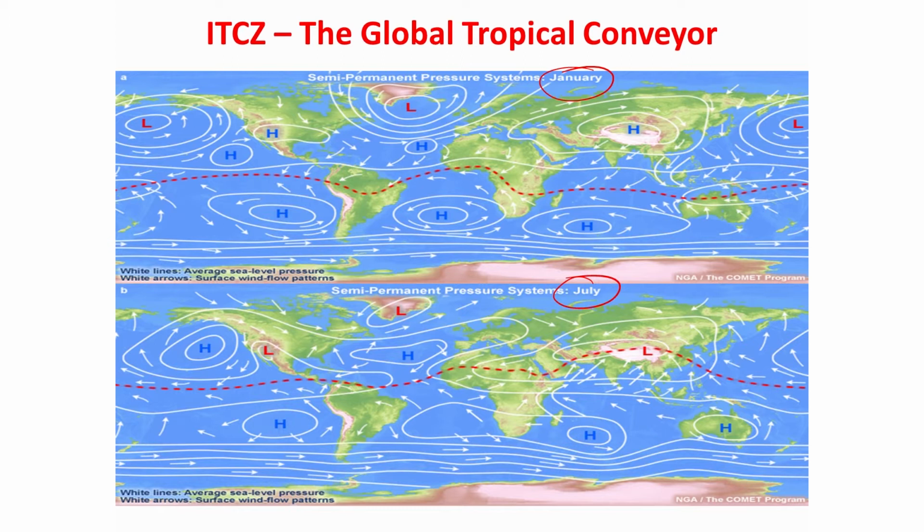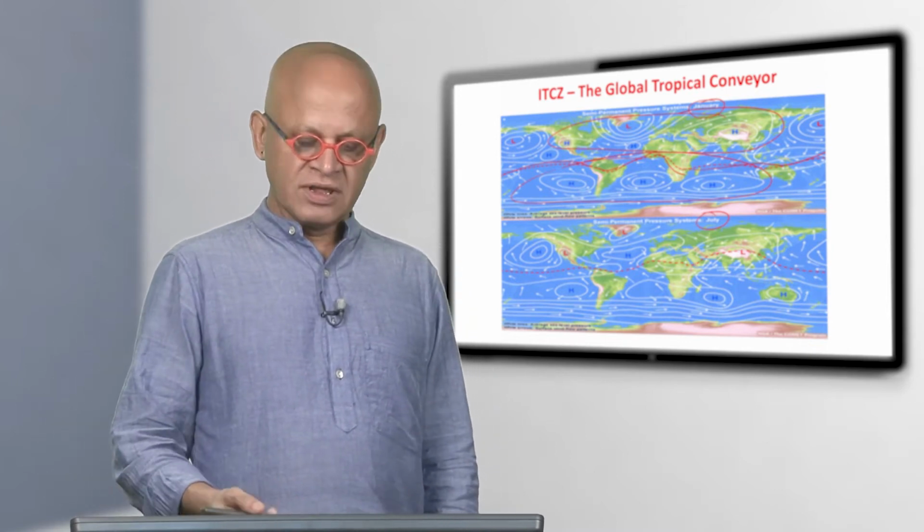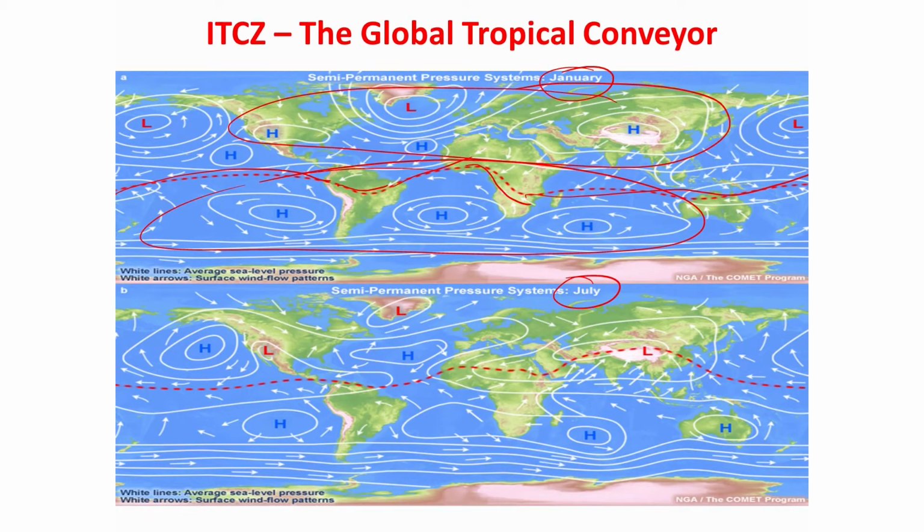The ITCZ crosses the equator over the Amazon, over Africa, and over the Indian Ocean, but then it gets pulled back to the north over the Atlantic and Pacific Oceans. This is a bit of a complicated story as to why that happens. One of the theories is that because you have more land in the northern hemisphere than in the southern hemisphere, and land has low heat capacity, the land heats up more, hence it pulls the ITCZ and the heating towards it. But it turns out that maybe there is another component to it, where we know that the meridional